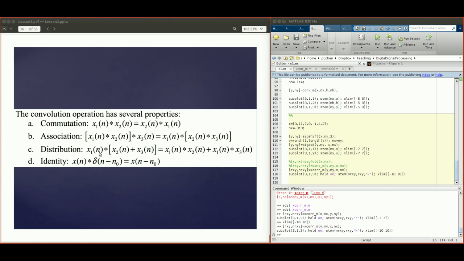Distribution. If you have two signals added together and then convolved with another signal, it equals carrying out the convolutions individually and then adding them together. And the last, very useful, is the identity. If you convolve a signal with an impulse that has been shifted, what you end up with is a shifted input signal, and the amount of shift is identical to the amount of shift in the delta impulse. So let's validate these four properties by using some